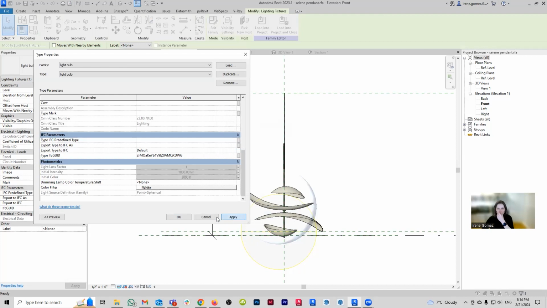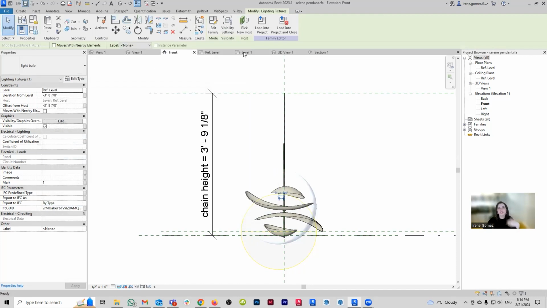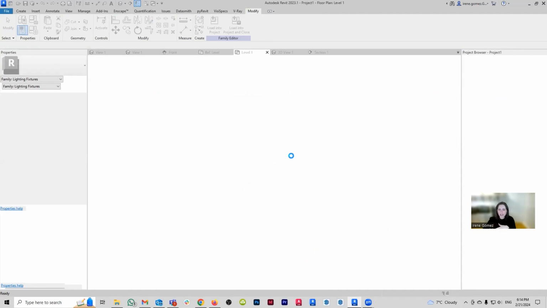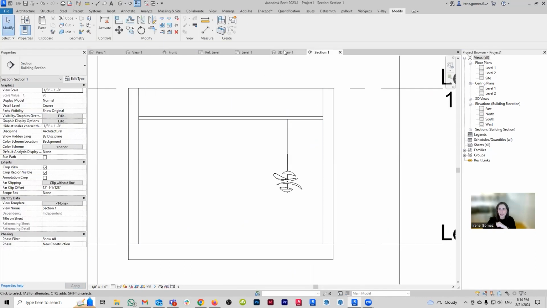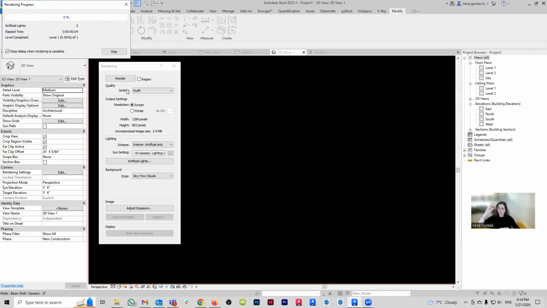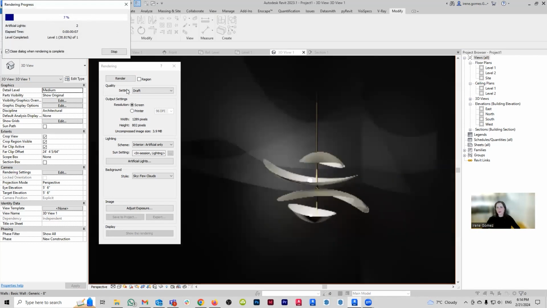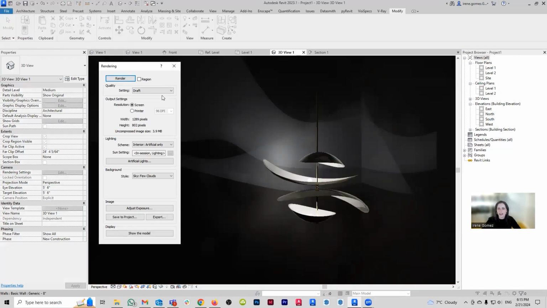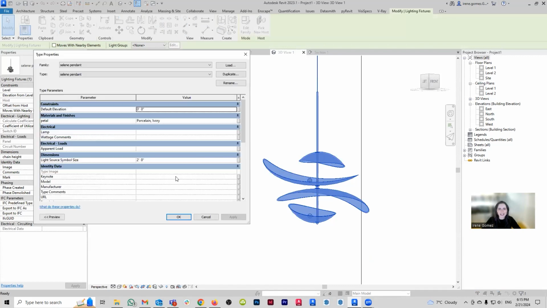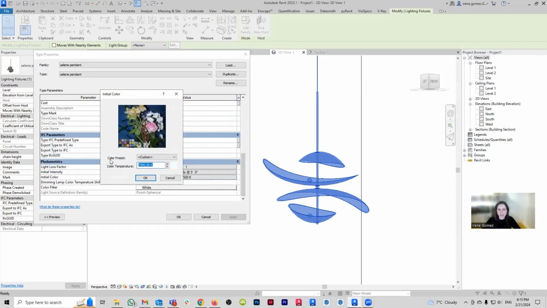And when I do all of this, if I save and load it back into my project, when I override and go back to my 3D view and render, now the changes will affect both the light bulb at the bottom and the light bulb at the top. Beautiful, isn't that lovely? Now that is way too blue. I don't like that, so I'm definitely going to change it. I think something warmer works better. Let's say 4000, not too yellow.